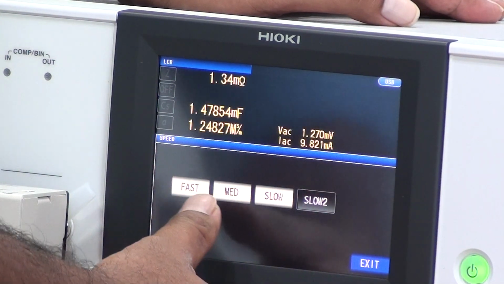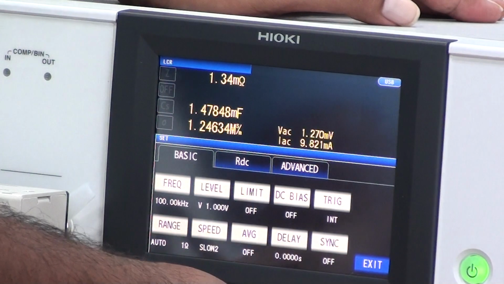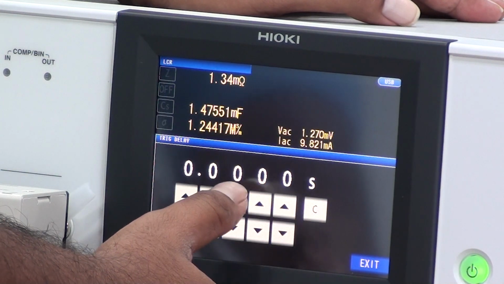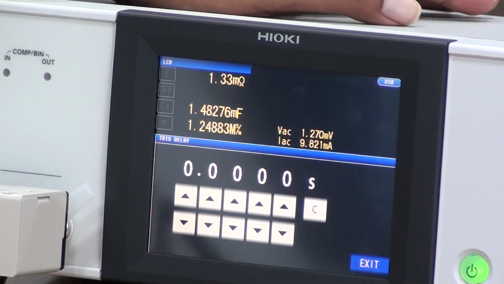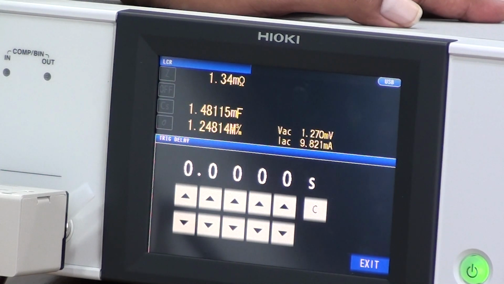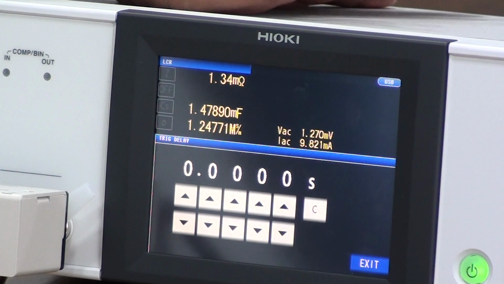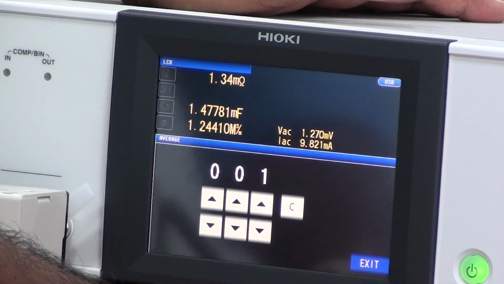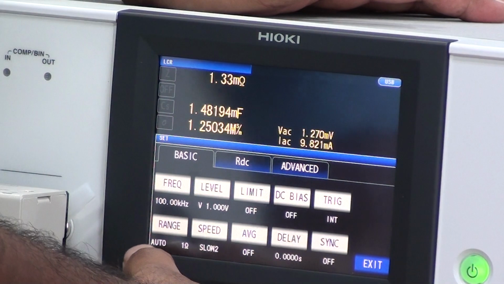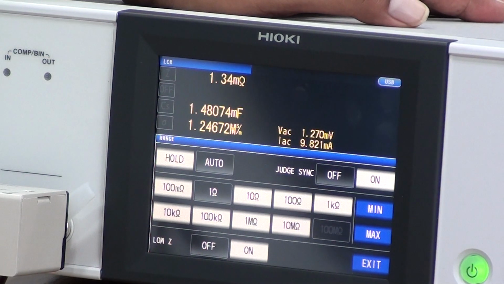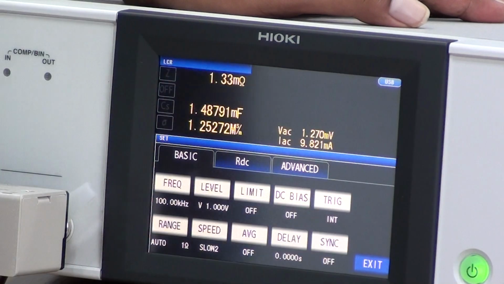So it depends on the end user again what interval he needs to take the values. You can set a delay time as well. Say you can set a particular sample delay to check or to stabilize your sample in case you need to do so. You can give a delay or you can give averaging of values. These are all settings to get reliable or repeatable values. Next,